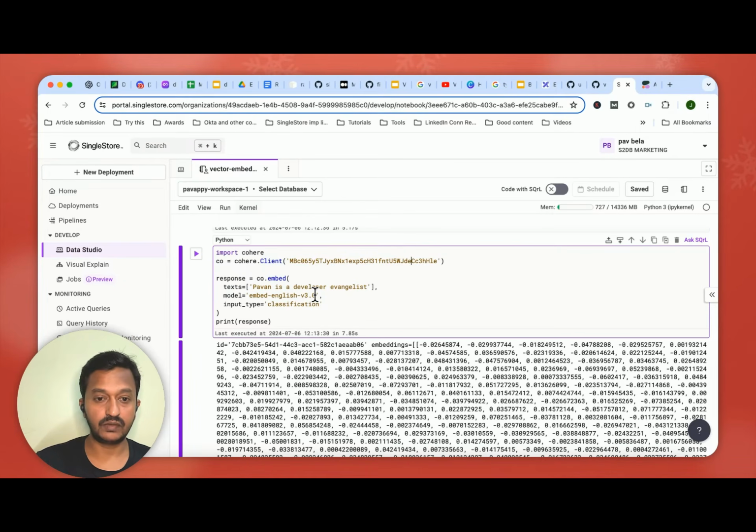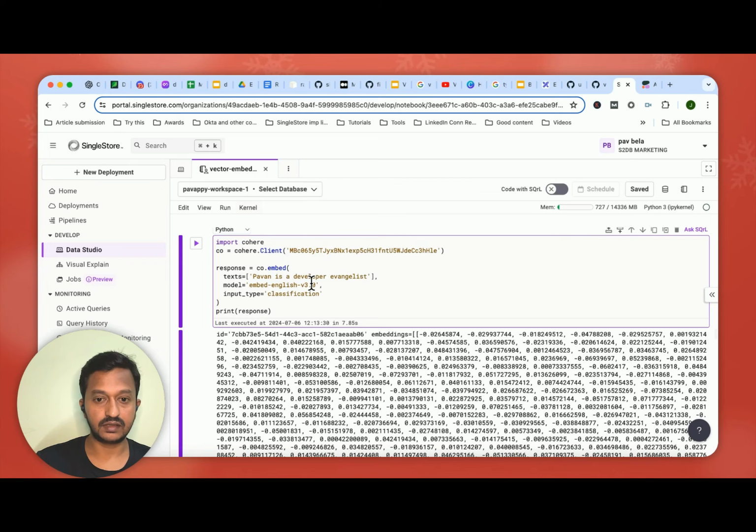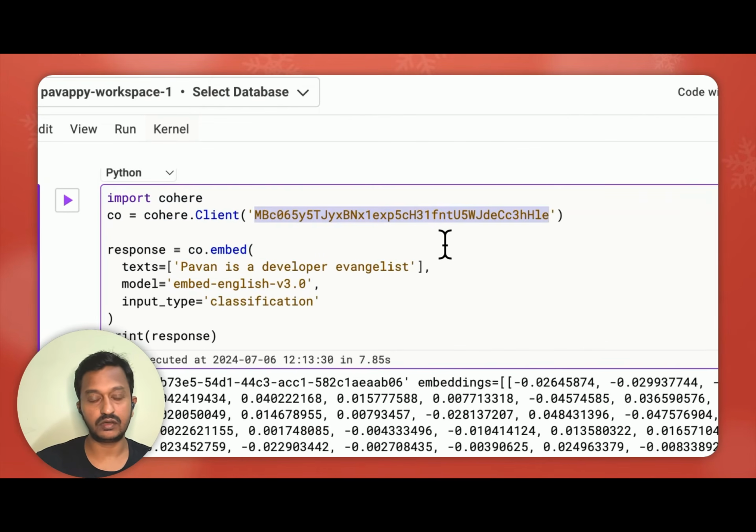OpenAI is a chargeable one, but this one is free of cost. You can just use this: go to the Cohere website and get your keys. Mention it here where you need to mention your Cohere key, and then